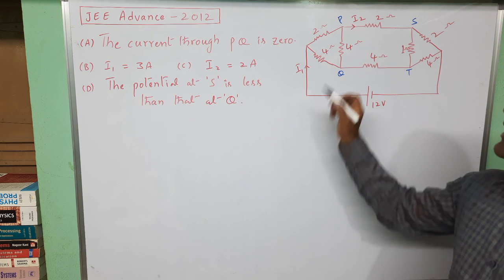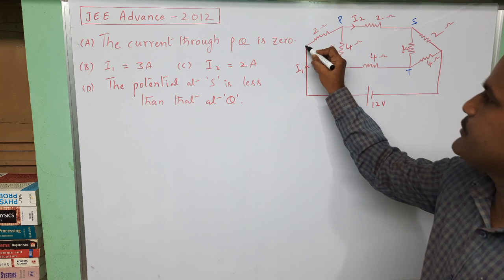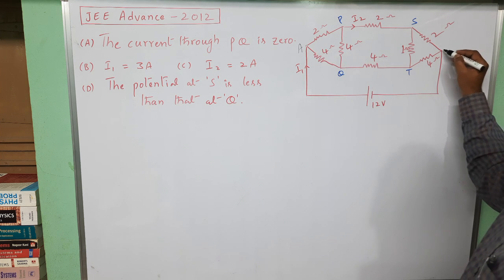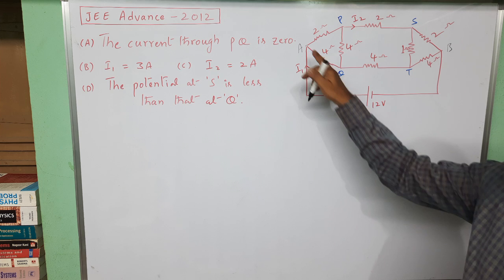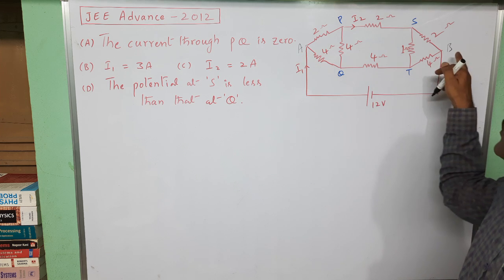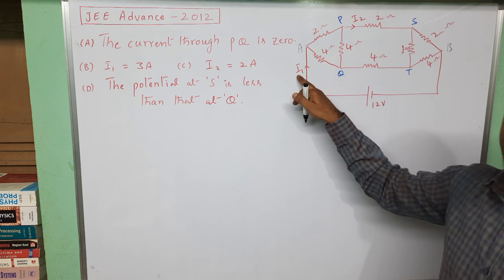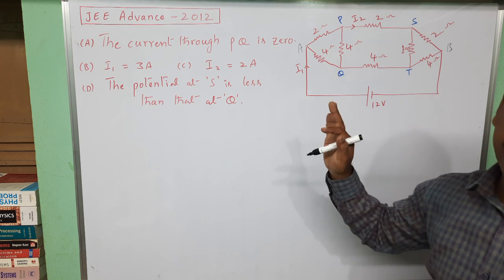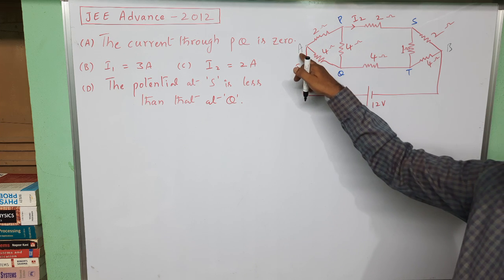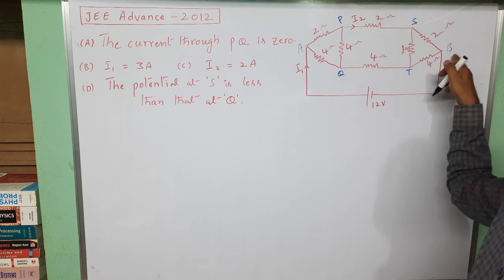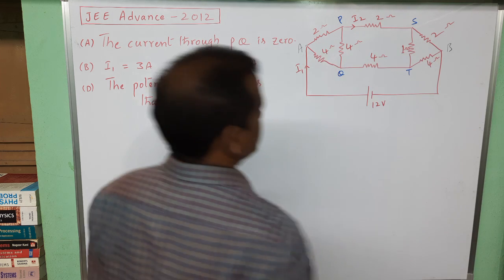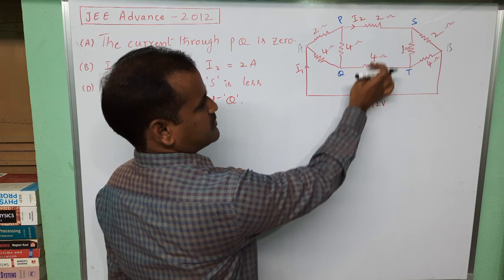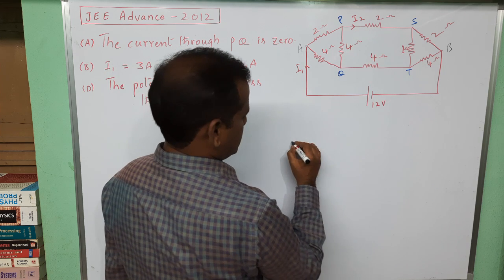Before that, first let us find the equivalent circuit for this resistors configuration. I am taking this point as B, this point as B. If we find the equivalent resistance between A and B, we can get first current through this branch. And then remaining statements we can verify from that. First I am calculating the equivalent resistance between this point A and B. Let us see that. To find the equivalent circuit, I am writing these two resistors as,